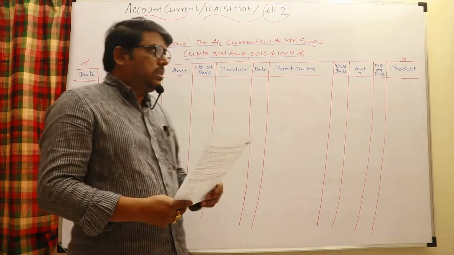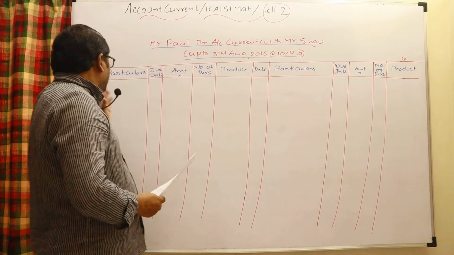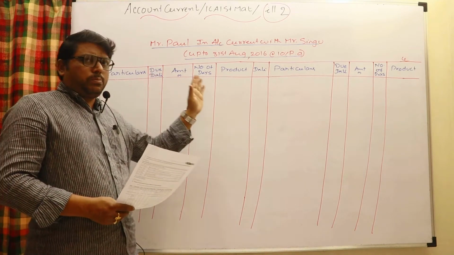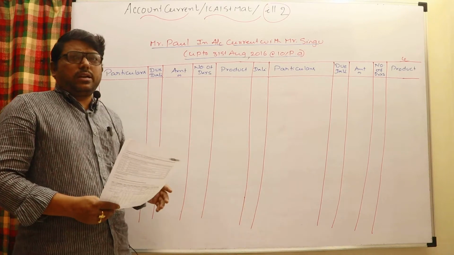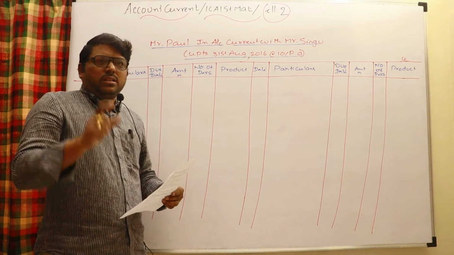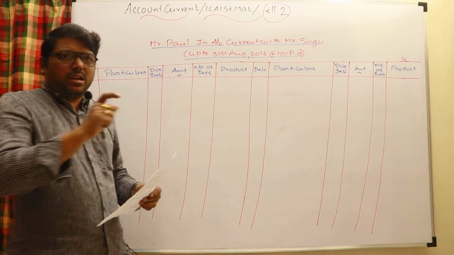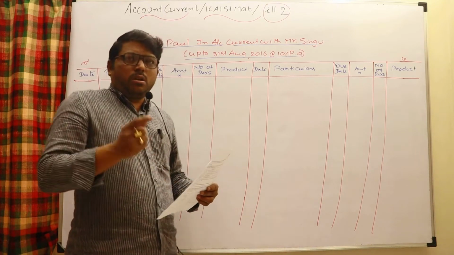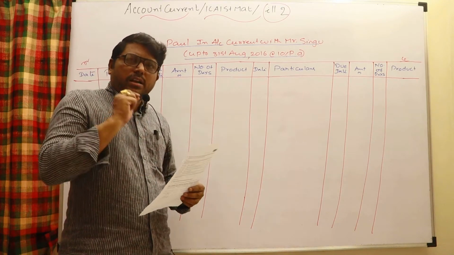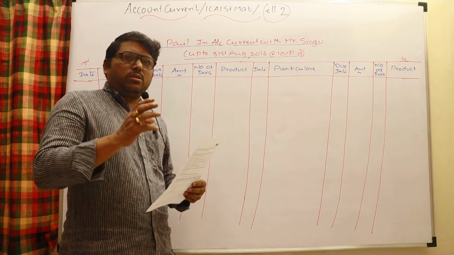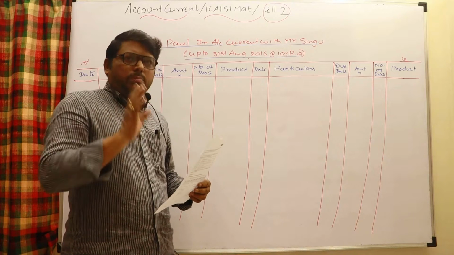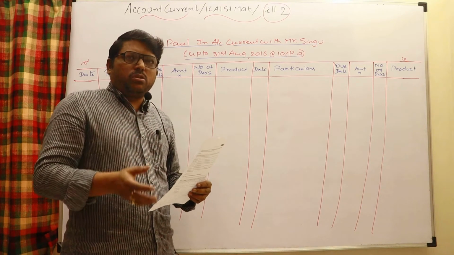In the products method, the columns required are like this: date, particulars, due date, amount, number of days, product. You can write the same columns on the other side also. The heading is particularly important. The name of the person who prepares the account current should be written at the end, and the name of the person whose account current is prepared should be written in the beginning. While writing the transactions, think about who is actually maintaining the books and assume that you are that person. Then it is simple to make out the entries.